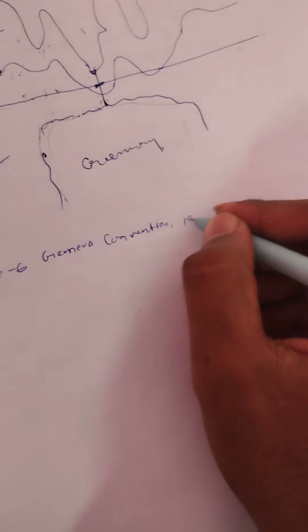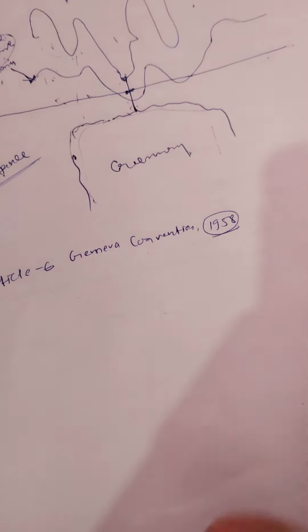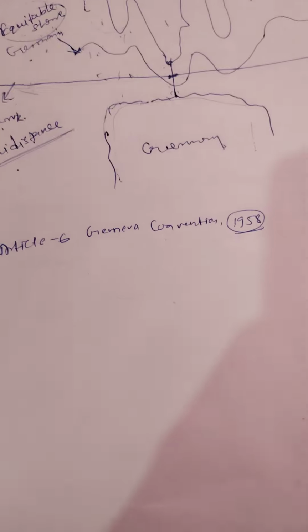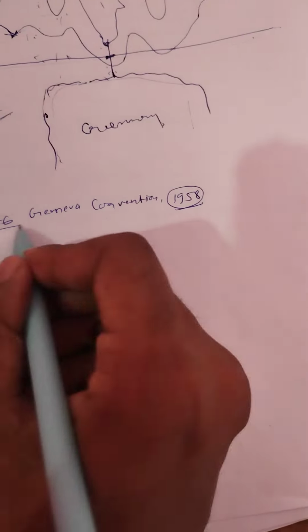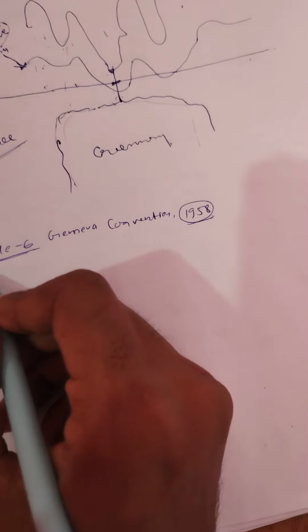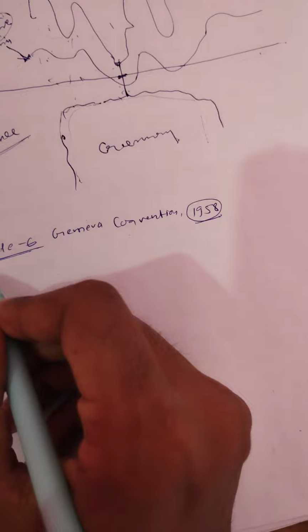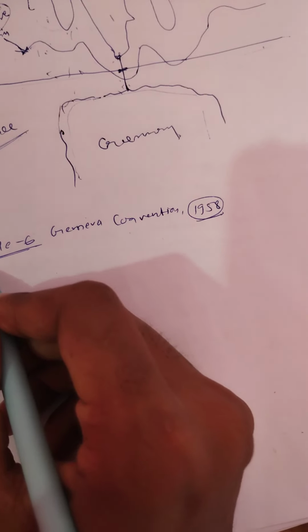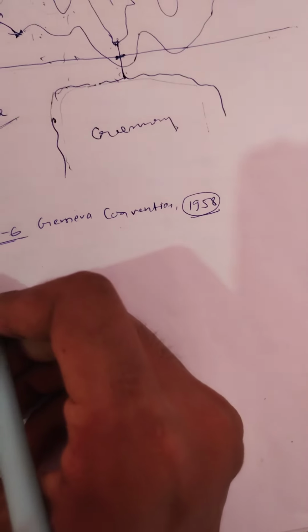I think it was done in the year of 1958. Guys, you need to cross check. I am not sure about the year of the Geneva Convention. According to this article, when you want to do delimitation of the continental shelf area, you need to